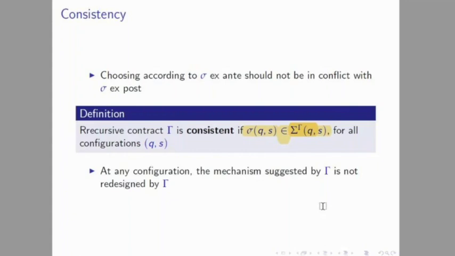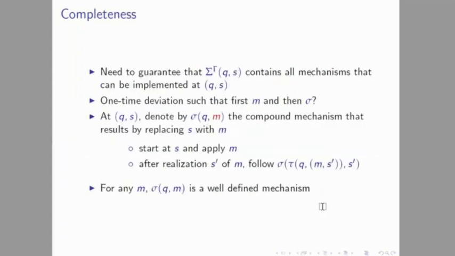So that's the first criterion. The second criterion, which is a little bit more subtle, is that we need to guarantee that the choice set under each configuration, in fact, contains all the mechanisms that are feasible for the mediator. In particular, the mediator couldn't induce an alternative